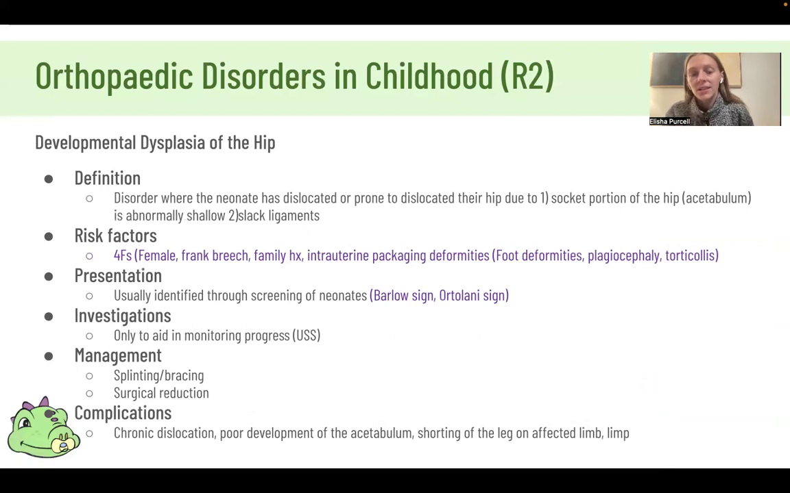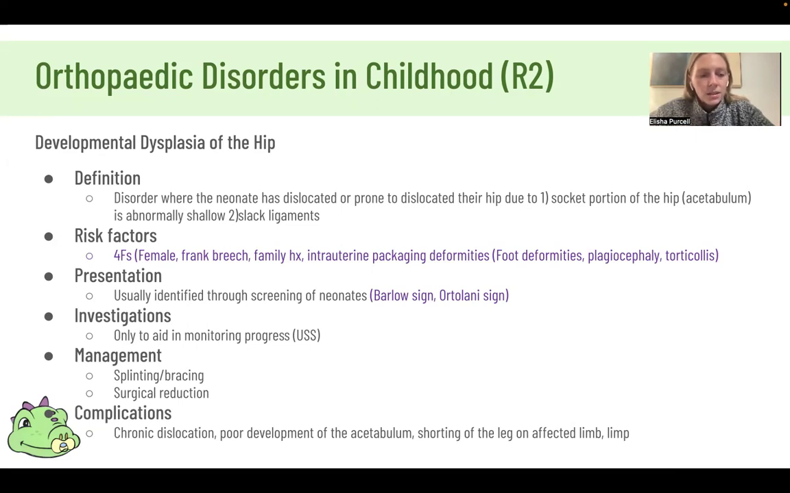And there's two main reasons why. It's either the socket, so this part of the hip joint, the socket portion of the hip, the acetabulum, is more shallow, so it's more prone to dislocating, or they may have slack ligaments. In terms of risk factors, this comes up quite a bit, mainly in the clinical setting,